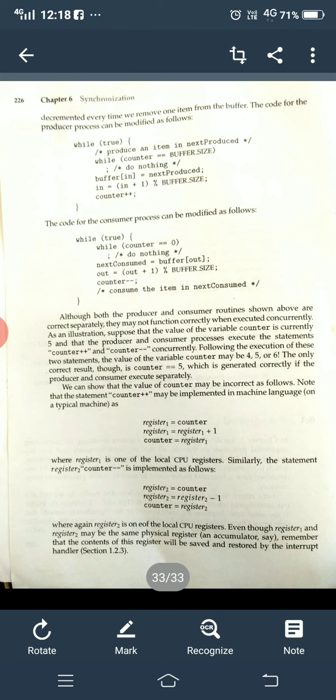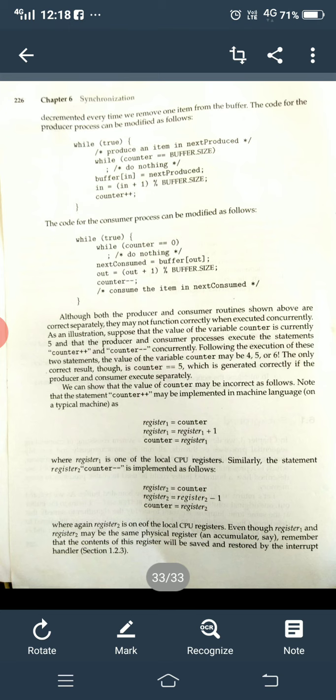Whenever one item is produced, that counter value will be incremented, and whenever one item is consumed, the counter value will be decremented. These two codes, when they are run separately, work fine. But when they are run at the same time, simultaneously, there is an ambiguity whether the counter variable should be decremented or incremented.